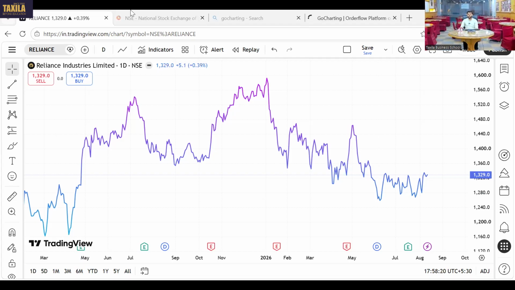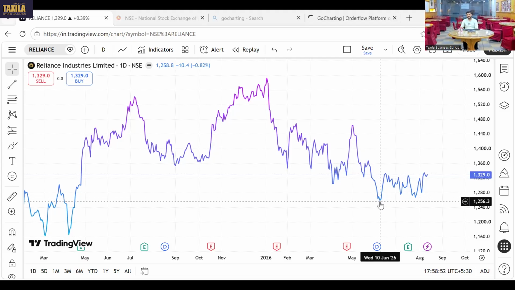So how did price act after this? On 8th June, the price was somewhere around 1262. From there, price went down to 1258 and then it went up. Reliance share price on 8th June was 1265. Then it went to 1258 on 10th June.